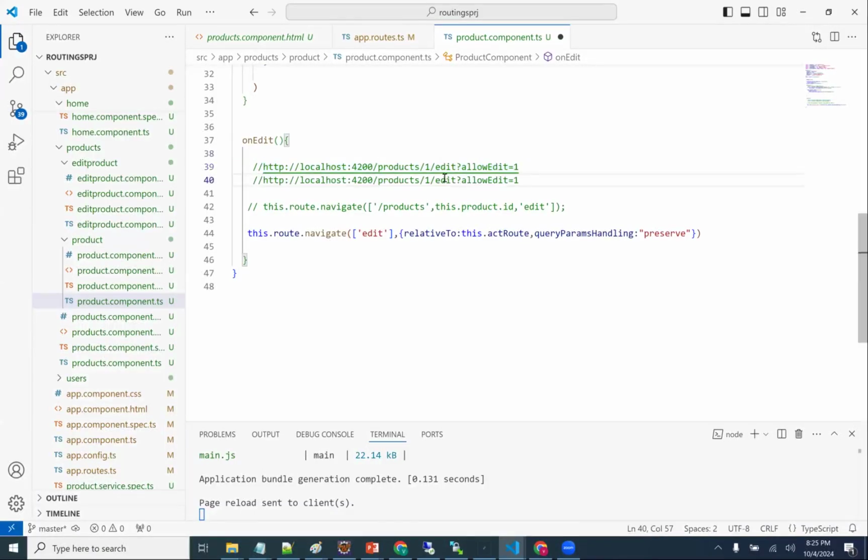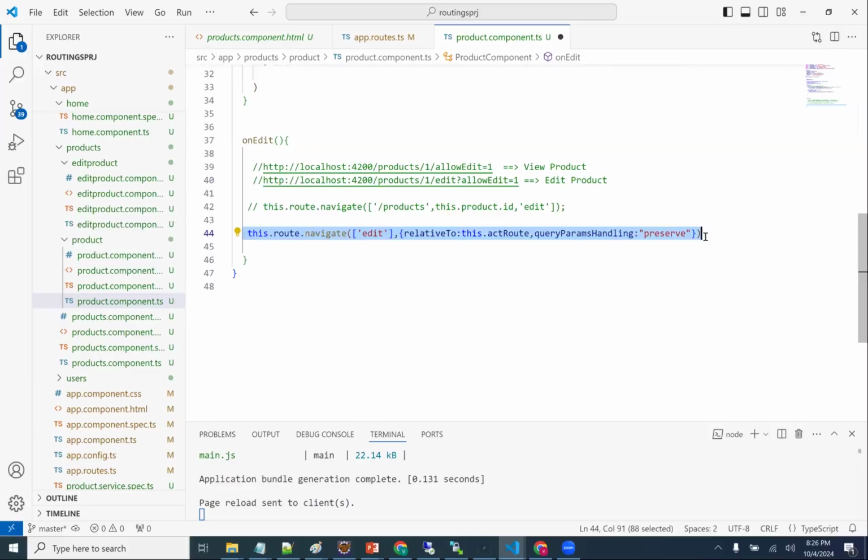Same like this. This is my view product. This is my edit product. Before clicking this, I have this URL. This code will give you product/1/edit with allow edit equal to 1. Whatever query parameters I am taking care of, you need to preserve.